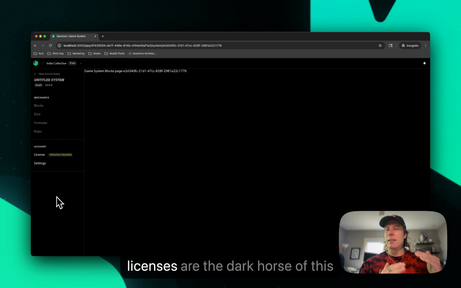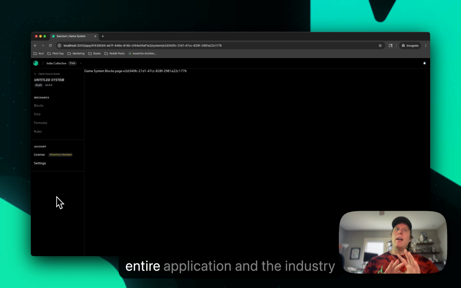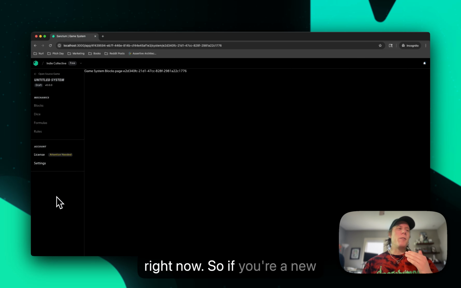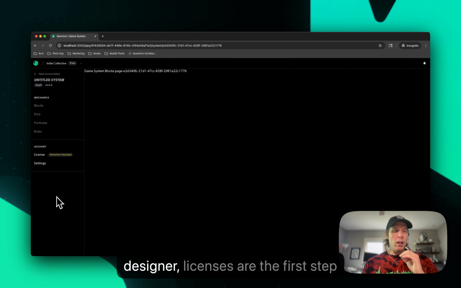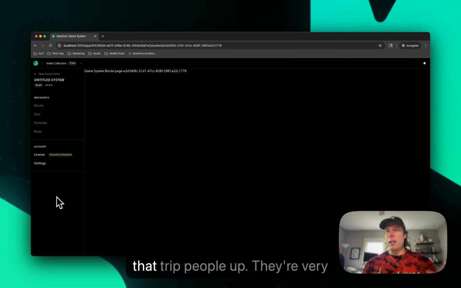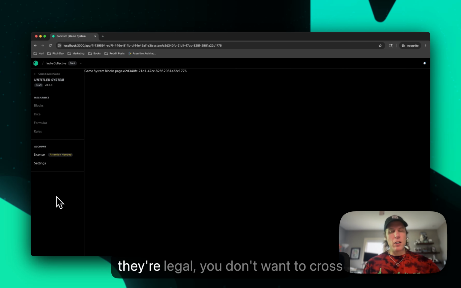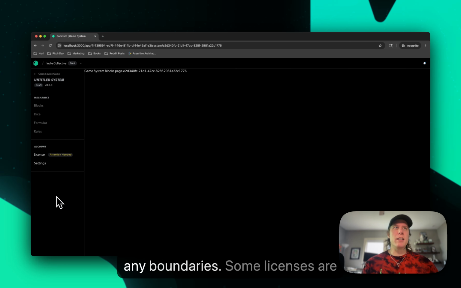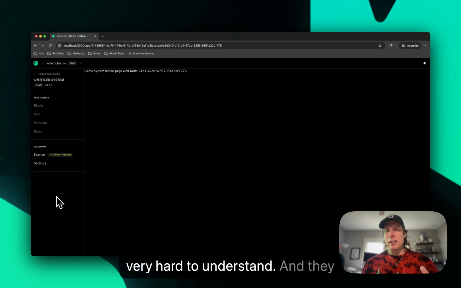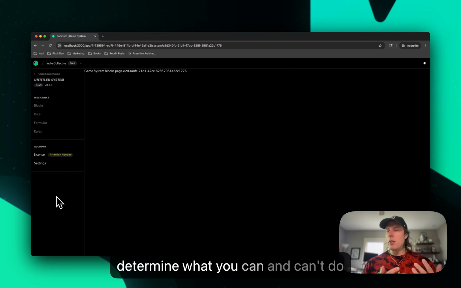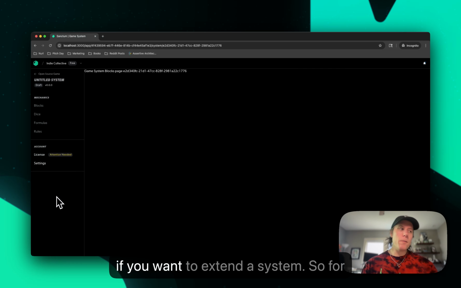Because licenses are the dark horse of this entire application and the industry right now. So if you're a new designer, licenses are the first step that trip people up. They're legal. You don't want to cross any boundaries. Some licenses are very hard to understand, and they determine what you can and can't do if you want to